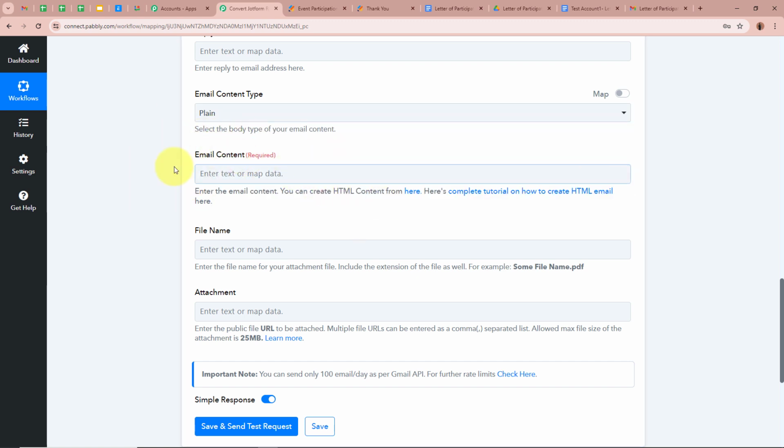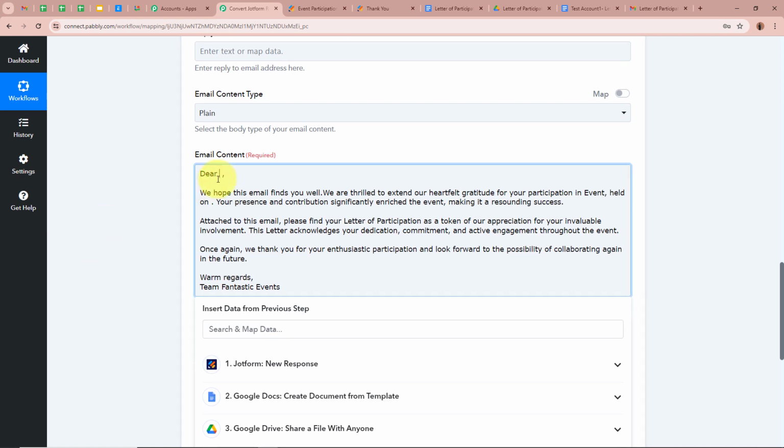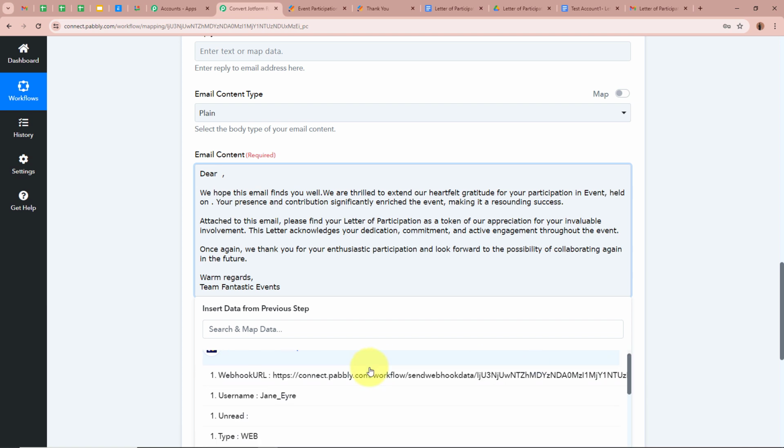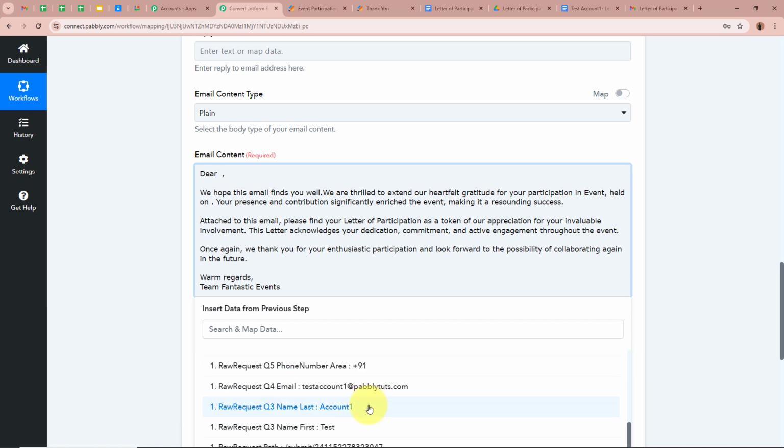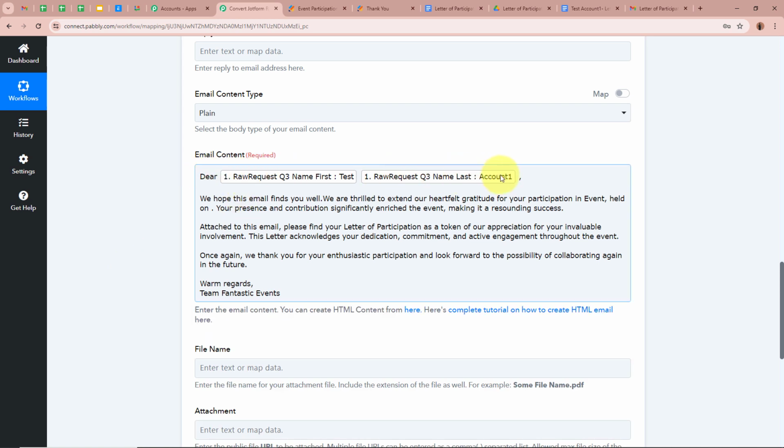This is the main body of the email that we're going to send to our participant. So for the email content, this is what I want to send to my participants. It says dear. Next to dear, I want the name of my participant, so I'm going to map the data of the name of my participant right here. Firstly the first name, space, the last name. Dear, the name of my participant, I hope this email finds you well. We are thrilled to extend our heartfelt gratitude for your participation in the event